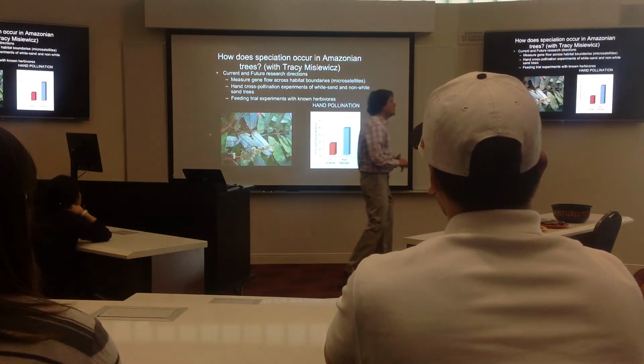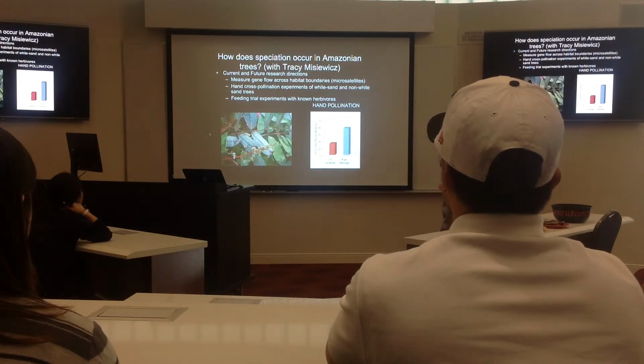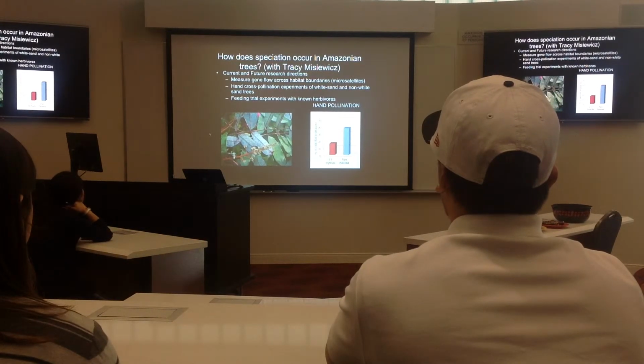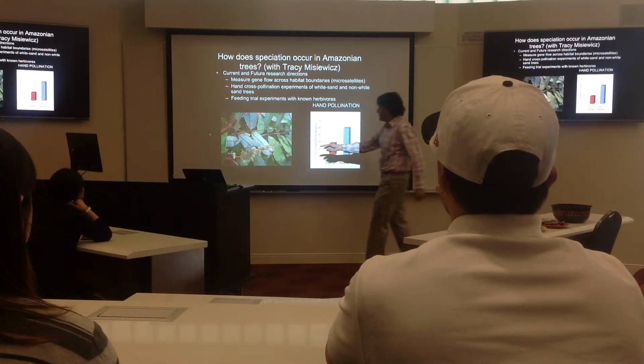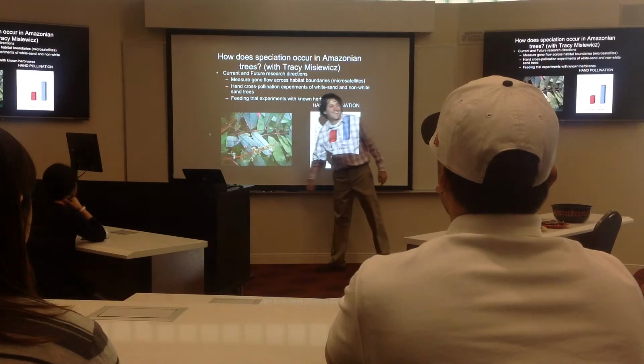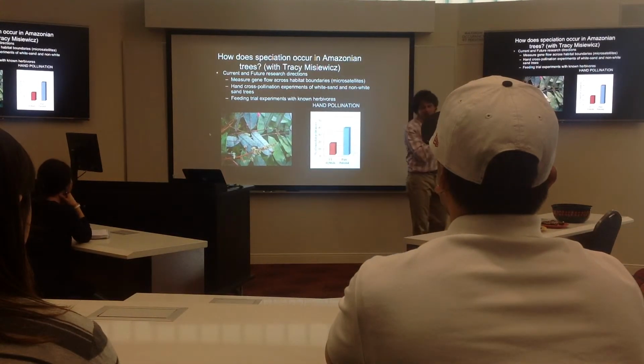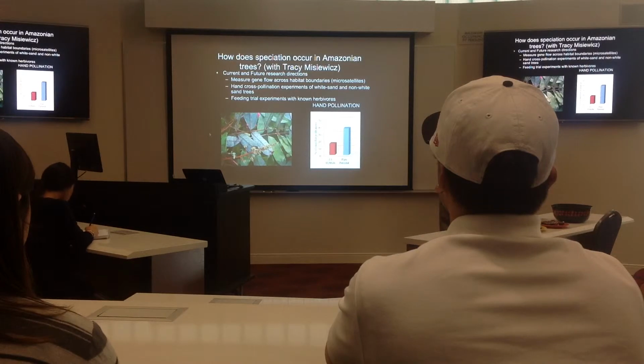And so she's gone around and done hand pollination experiments in these trees by climbing in. And these flowers, by the way, are just a couple millimeters in diameter. So it's a lot of work that she's been able to pull it off, to take pollen from one and save it and climb another tree and stick it in there and see what happens. And what she's found is that actually you can get